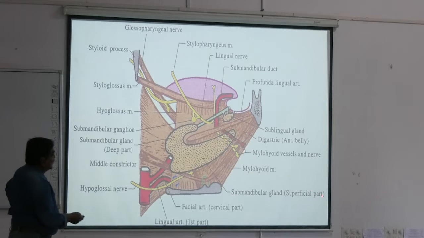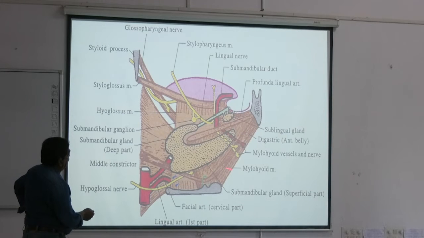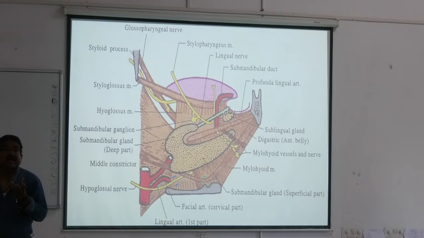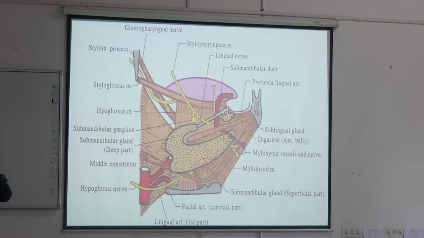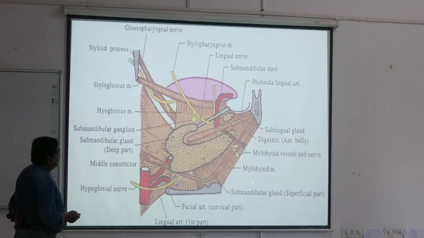Now the submandibular gland, superficial part, mylohyoid muscle. This is the hyoid bone, and this is the mylohyoid muscle. The sublingual gland is here. The digastric muscle, the anterior belly. When you read the anatomy of the mandible, the two protrusions are there, and